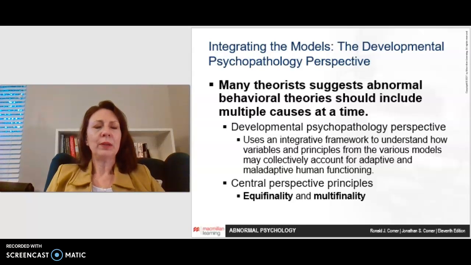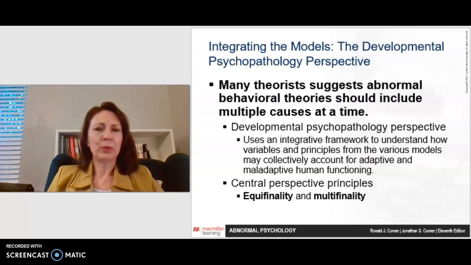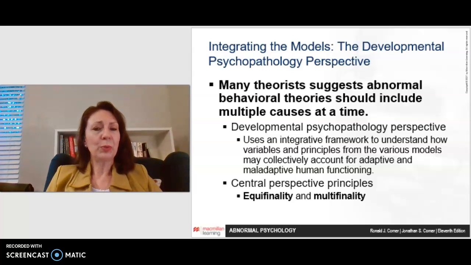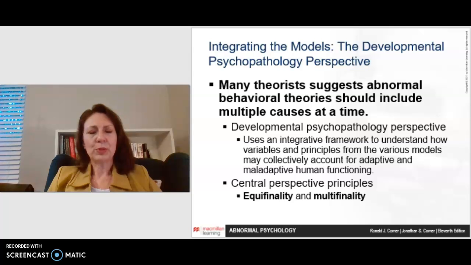And when we integrate the models, we come up with a perspective of developmental psychopathology, so that there's all kinds of different impacts and ways that we look at people through different lenses. And many theorists suggest that abnormal behavioral theories should include multiple causes at a time. And so this framework has been developed to understand how different variables and principles from the different models account for adaptive and maladaptive functioning. We do have central perspective principles of equifinality and multifinality, and you can learn more about